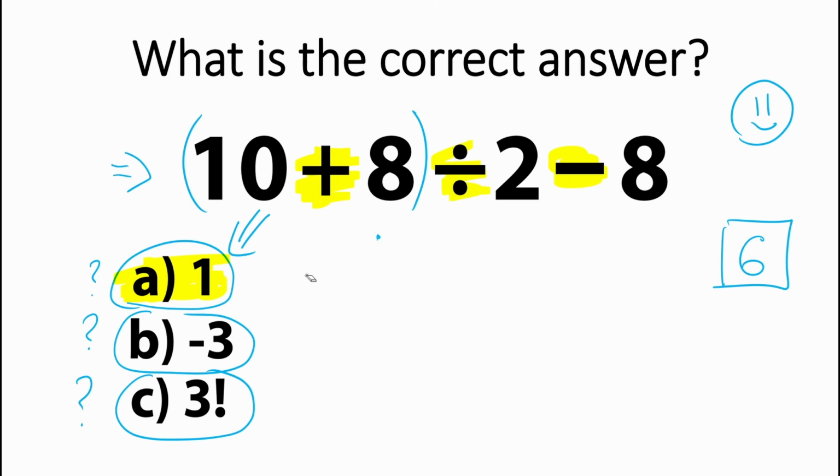And where do we have it? Minus 3 is not a correct answer in our question, but 3 factorial. This is our last hope. And that's why this question is really tricky for everyone, because a lot of students might be thinking the correct answer is option A, because we just solve this question in an easy way where we want. And maybe a lot of students might be thinking the correct answer is 6, but we don't have this option right here. We have only 3 factorial. We have minus 3, which is not 6. We have A. This is not 6, but as I said before, 6 is 100% a correct answer to our